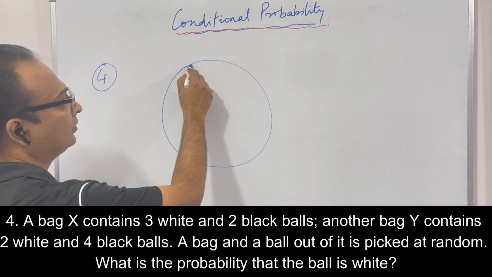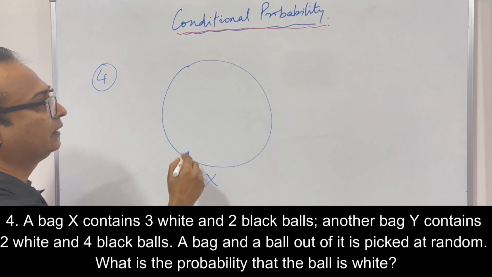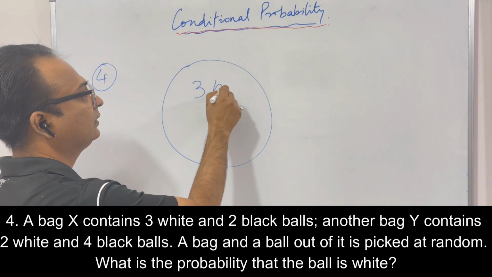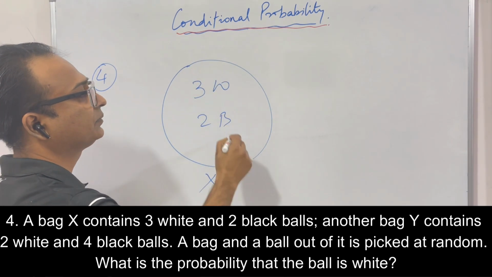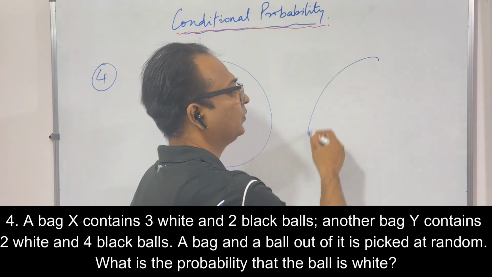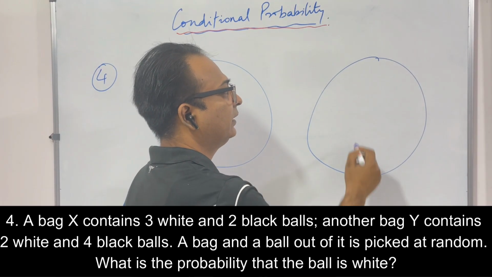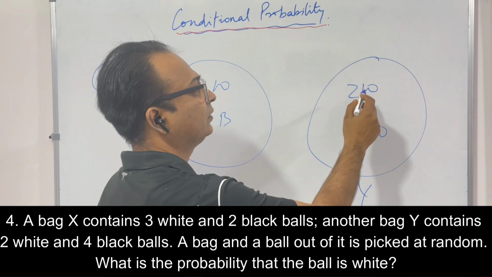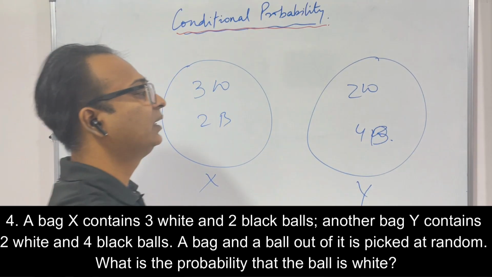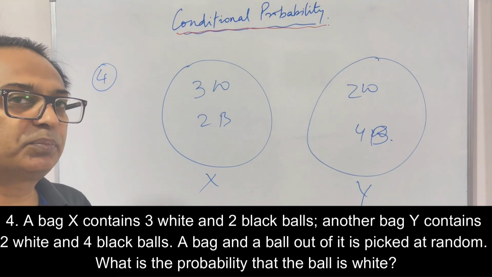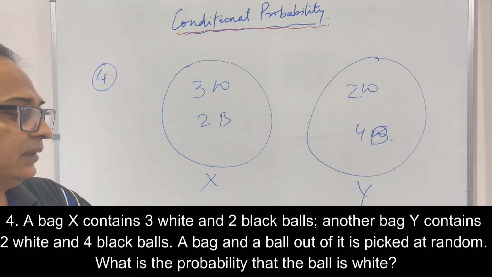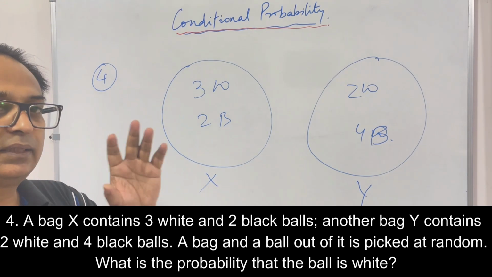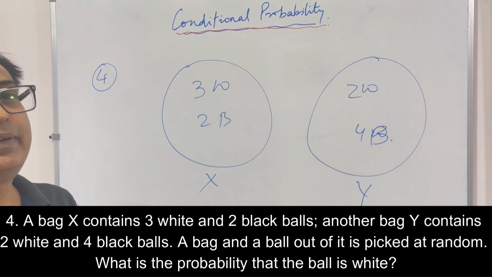This is X. It has 3 white and 2 black balls. And this is bag Y. It has 2 white and 4 black balls. The question is, what is the probability that whichever bag and balls we select, we get a white